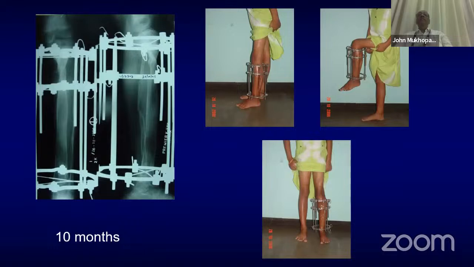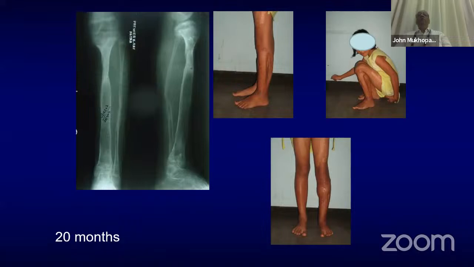So at this stage, the fracture appears to have healed. It was 10 months from the original frame. We put in the frame. It took almost 2.5, 3 months for the transport and another 4 to 6 months for the bone to heal up adequately to remove the fixator. And this was the 20-month follow-up. You can see how it has healed up.